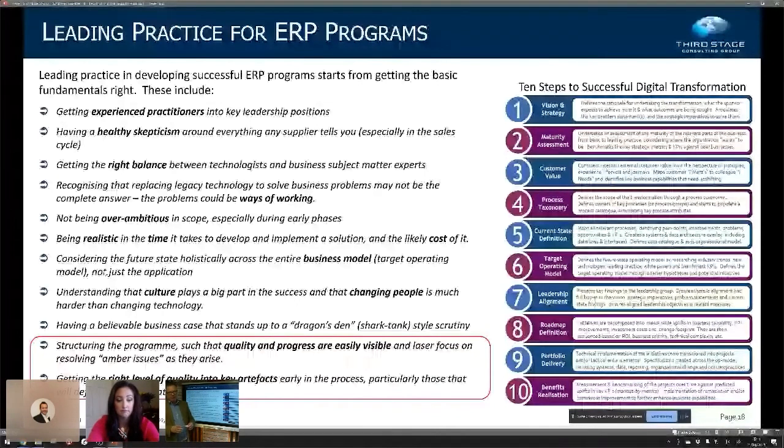I mean, don't bother phoning up Accenture or Deloitte or even Third Stage, because you're going to waste your money. So you've got to get the culture, you've got to get the right energy, you've got to get the politics out and removed. And it's difficult. These things are difficult to do. If they were easy, everybody would be doing them.